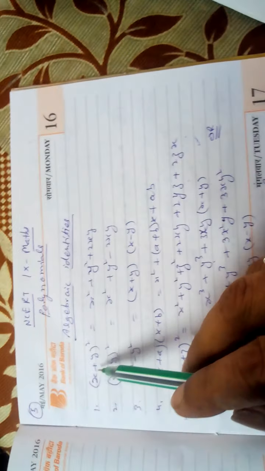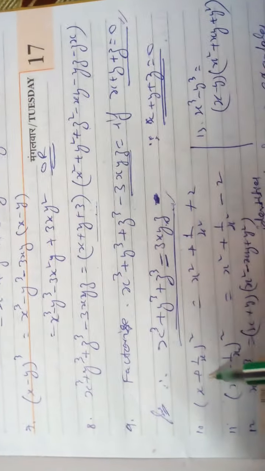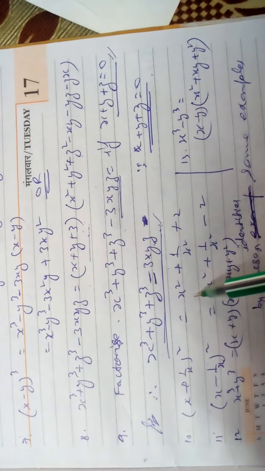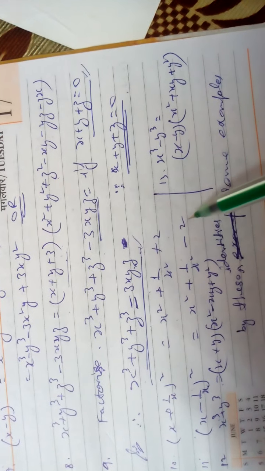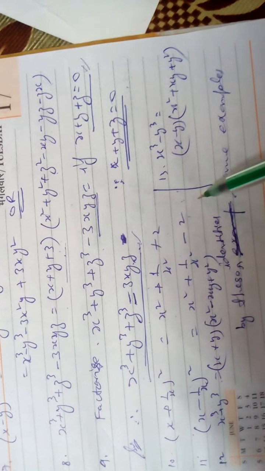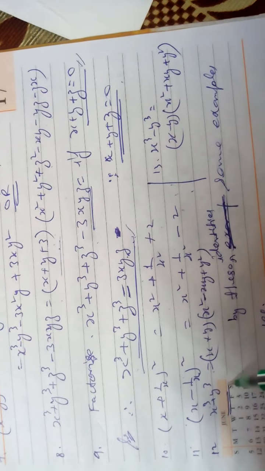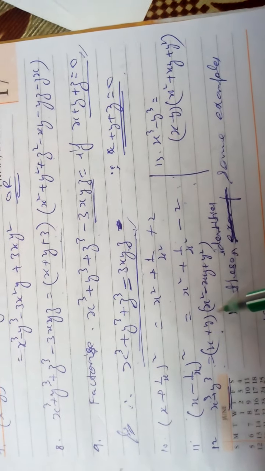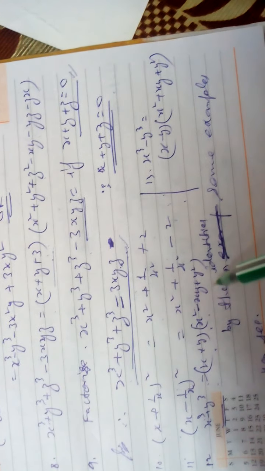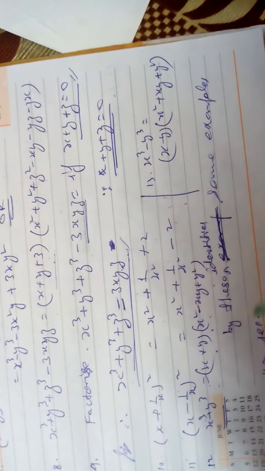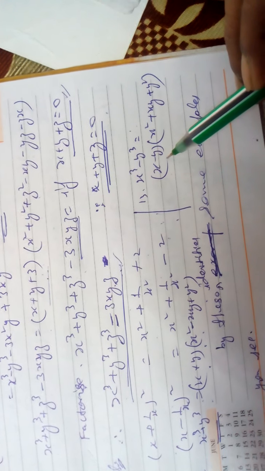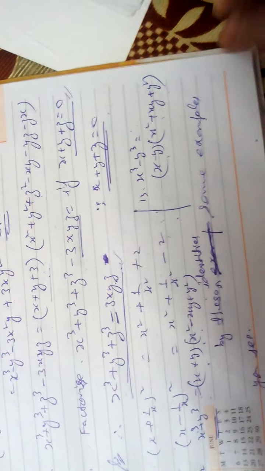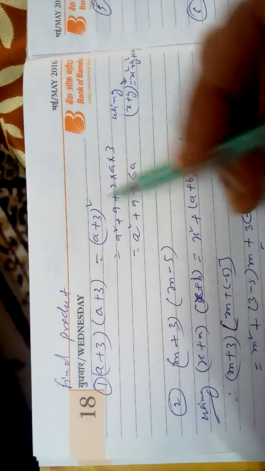Now by (a + b) whole square, or (x + 1/x) whole square is x square plus 1 by x square plus 2. For (x - 1/x), here it is minus 2, because 2 into ab, 2 into x into 1 by x, the x cancels. Factor of the cube: x cube minus y cube will be (x - y) in one bracket, and in another bracket x square plus xy plus y square. This is the third identity: x cube minus y cube is (x - y) in one bracket, x square plus xy plus y square. Now we will see some examples based on it.